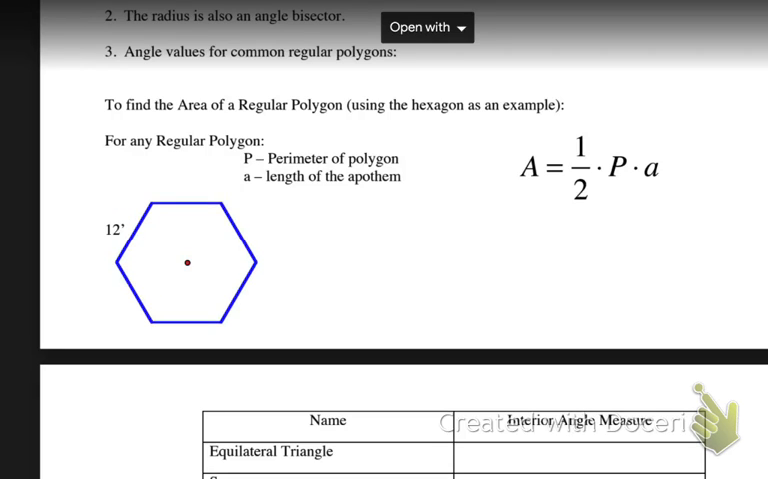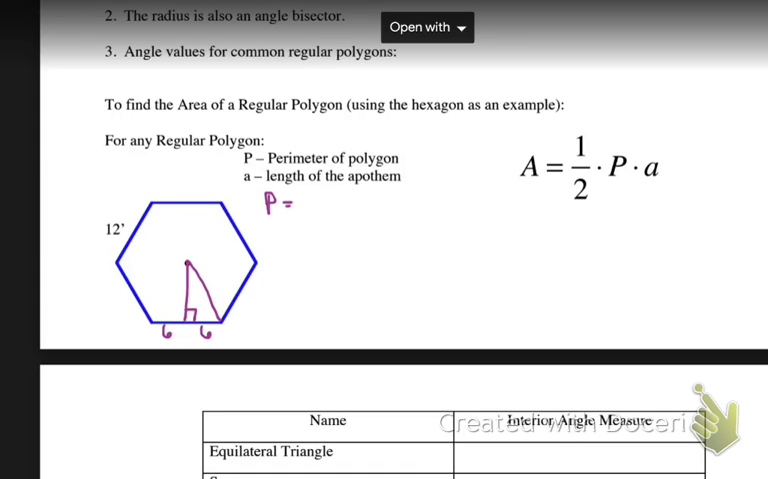So our first step does not change. We need to draw the apothem and the radius so that we get a right triangle. Now here's what's happening. As soon as that apothem gets drawn, it split this side in half. So this is now 6 and 6. We actually can get the perimeter right away